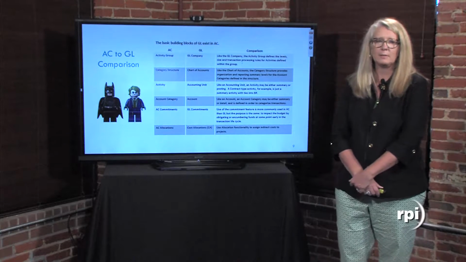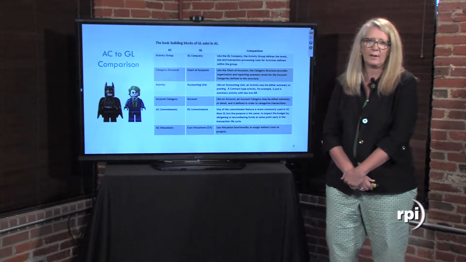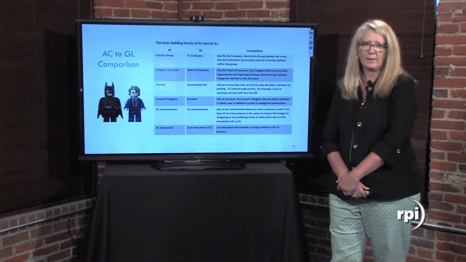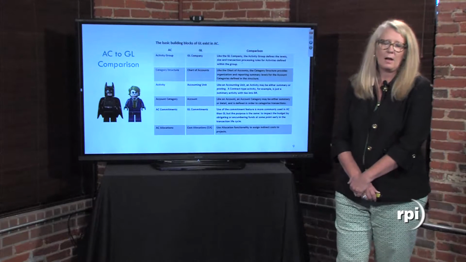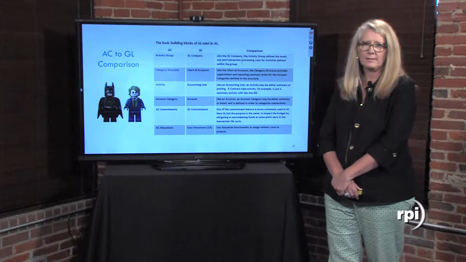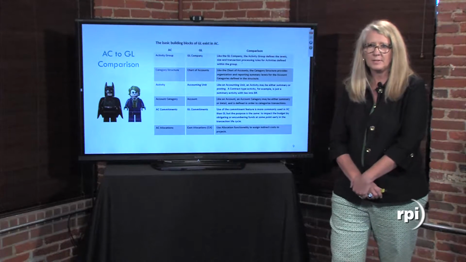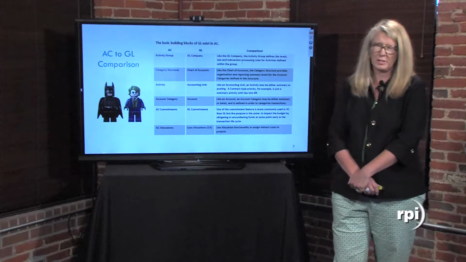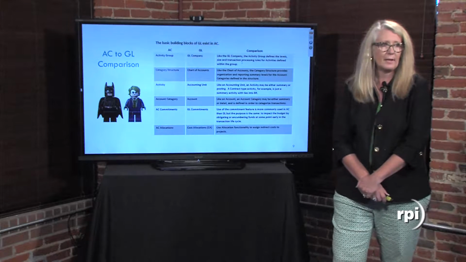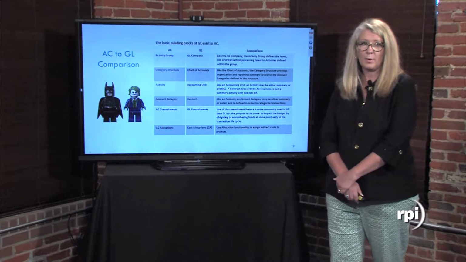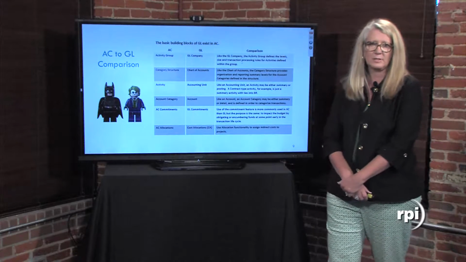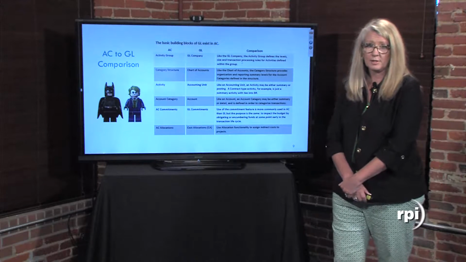The account category, think of that as being very similar to your account. This can also be similar to your accounts as well. There are things called AC commitments, which is very similar to GL commitments. It's most commonly used in the AC world rather than in the GL world, but the purpose of those is so I can commit the budget to obligate or encumber those funds at some point very, very early in the transaction life cycle. We also have AC allocations, which is very similar to the cost allocations.